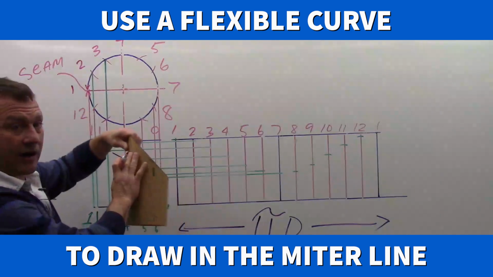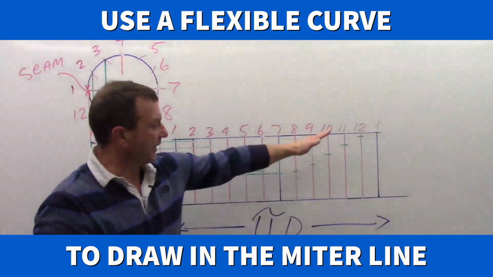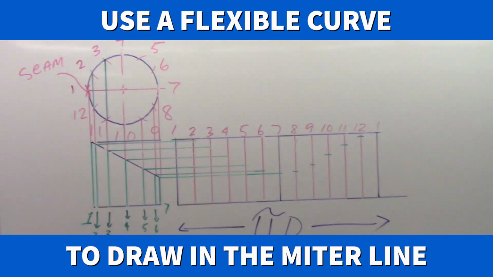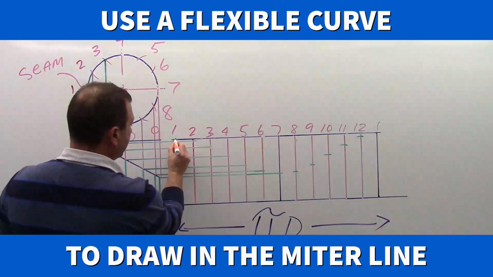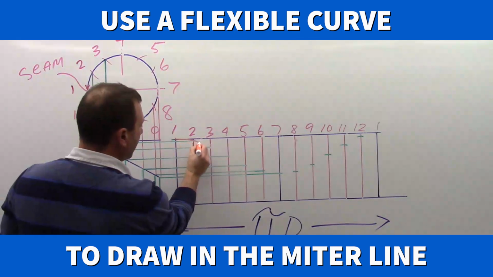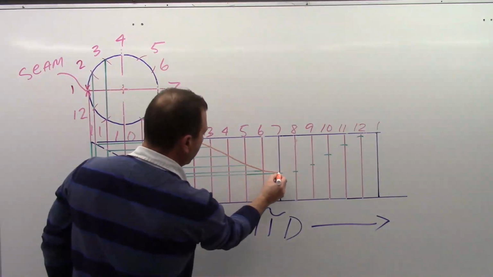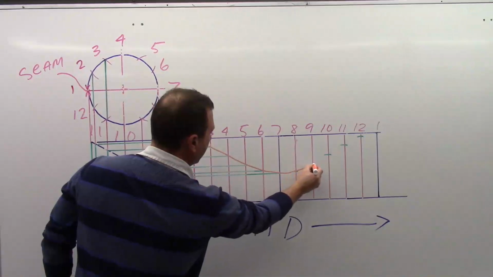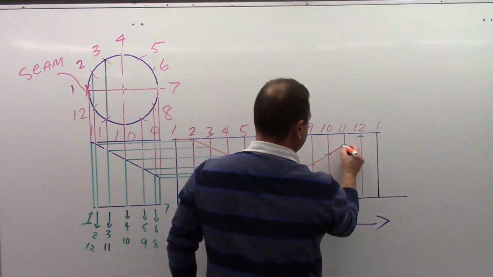Because it's got that round shape and it's constantly on a curve, the line will be curved here. Okay? So we draw in a curved line that crosses all our points,